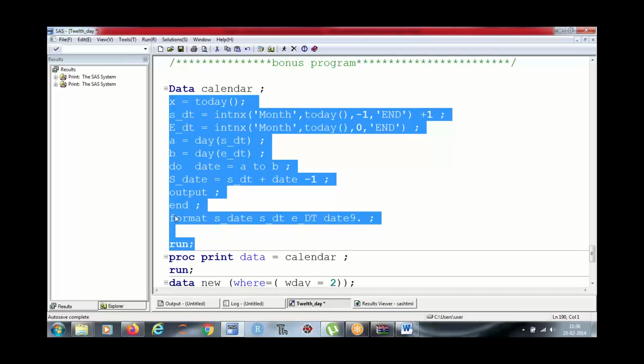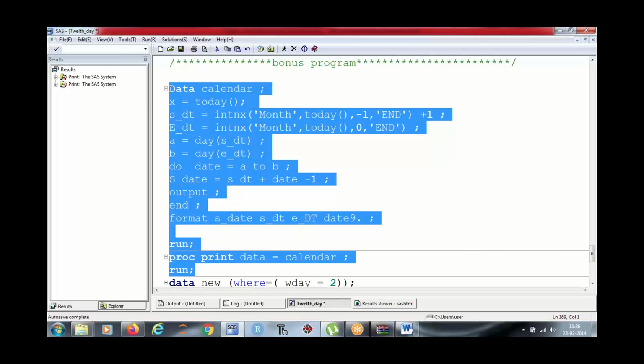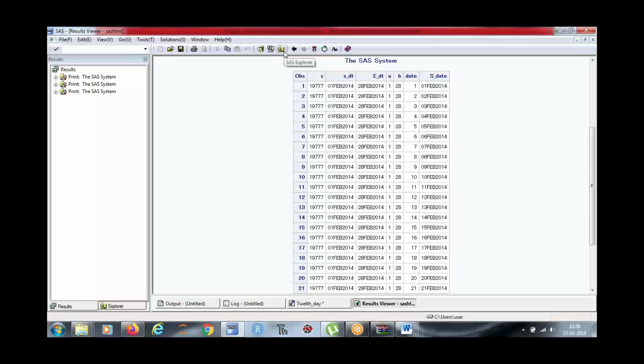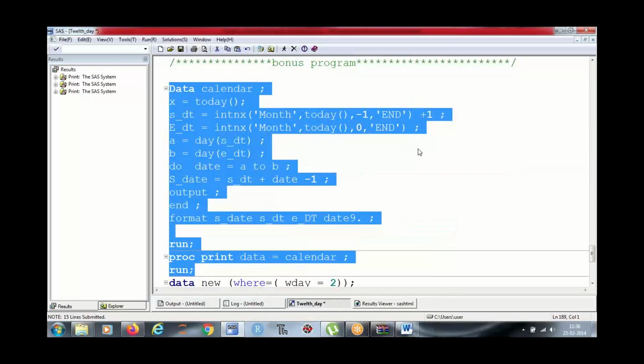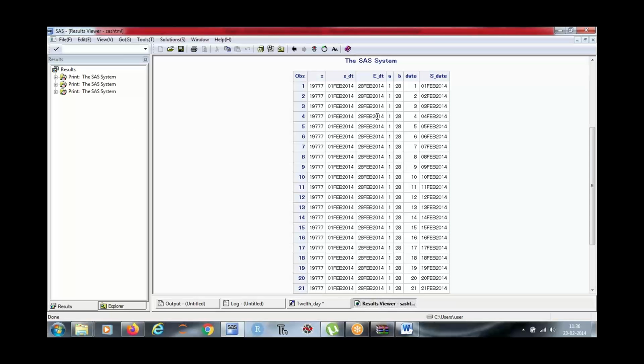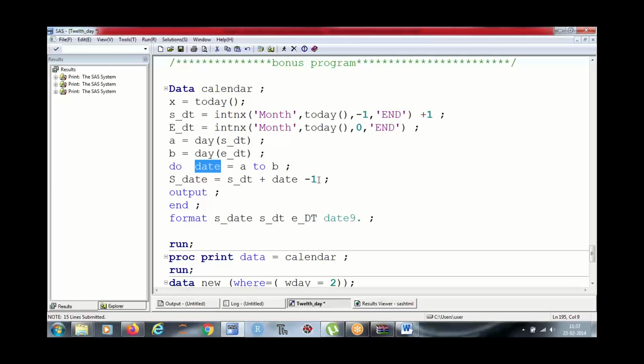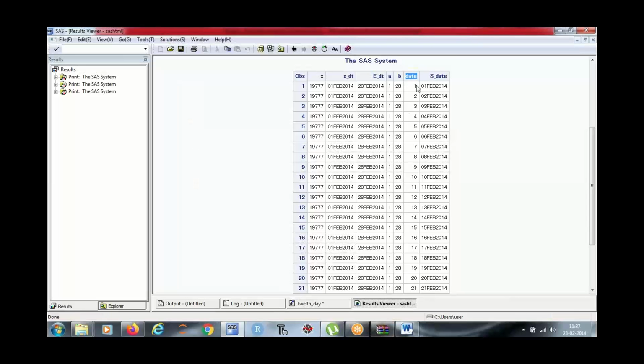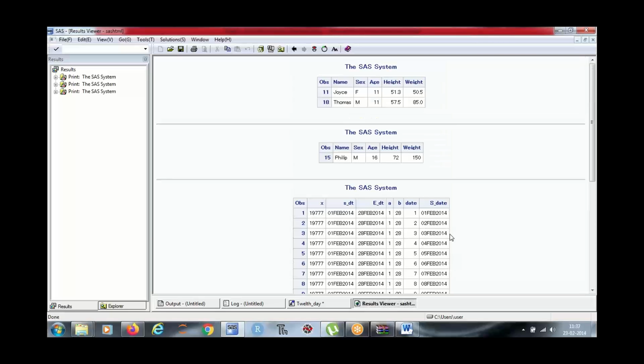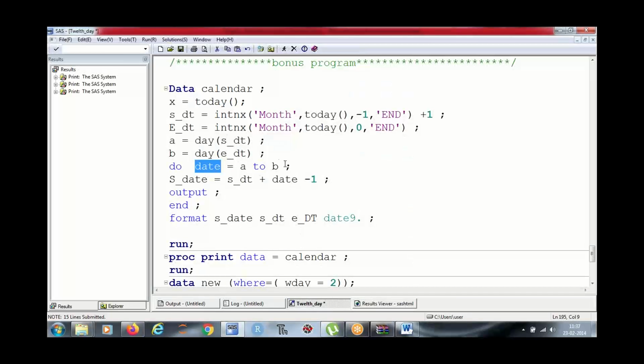Let me run this program for you. S date, E date, SDT and EDT, it is showing you the first day of the month and the last day of the month, and in the date, which is this A to B loop, it is running from 1st to 28th. And this S date, let me change the name.